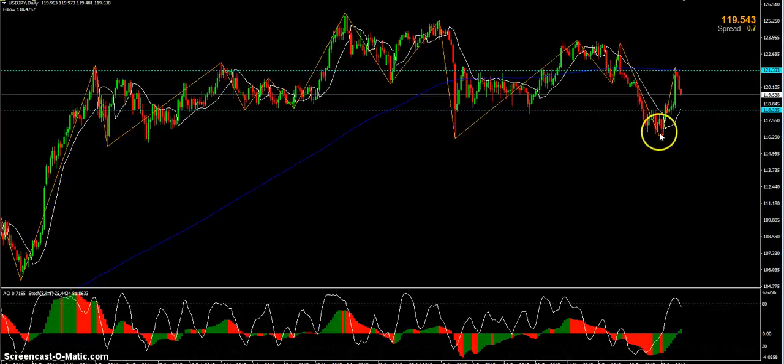This could be another move lower with a pullback higher. So if we class this as a wave 1 for a pullback for wave 2, then we could be seeing a move lower. And definitely if the USD news is not good, we're going to see it move higher. However, if you're under the assumption that this is a move higher,